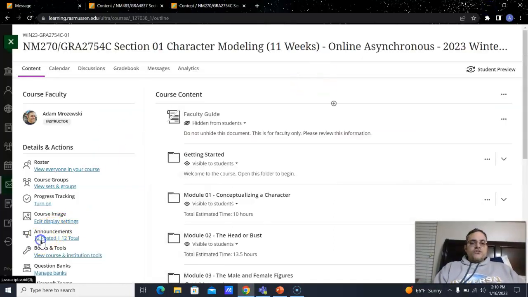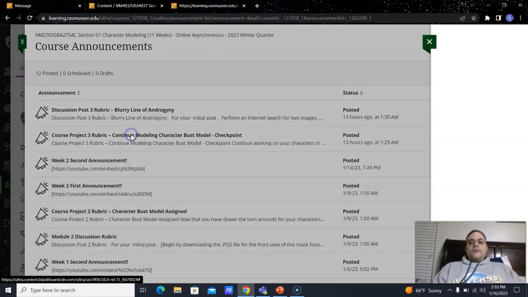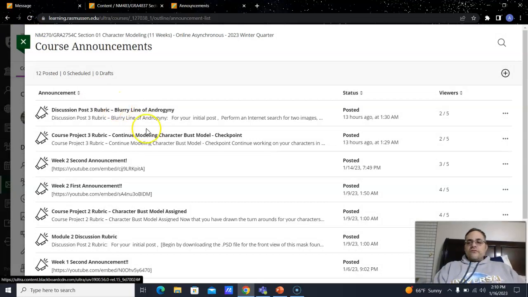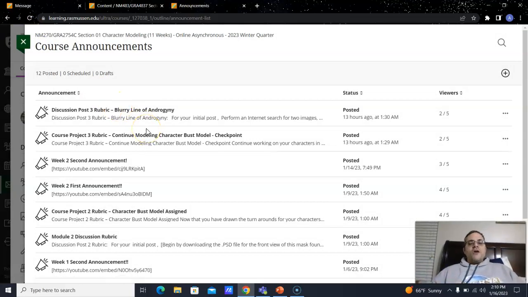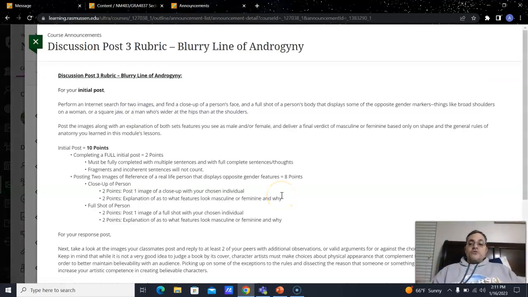All right, so let's get into the due dates a little bit. I posted your assignments this week. You have 2 assignments. Week 3 is the 70% model. I'm looking for it to be about 60 to 70% done for the character bust only, with the start of the eyes and the start of the nose. We'll get to the mouth and ears later. But this week, for your discussion, your initial post is going to be due on Tuesday,